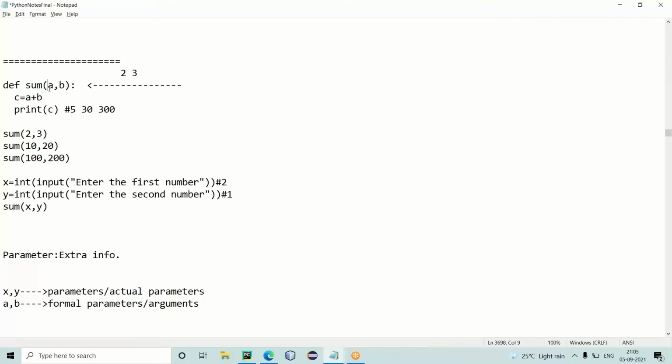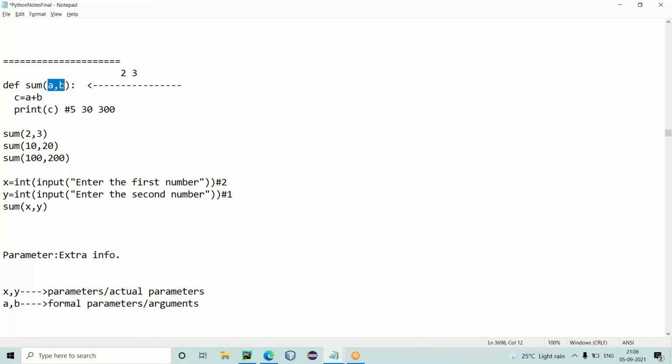So here, the entities used in the definition. This is the function or function definition. The entities used in the function are what? A and B, correct? The entities used in the function are called as formal parameters or arguments. Why are they called as formal parameters?